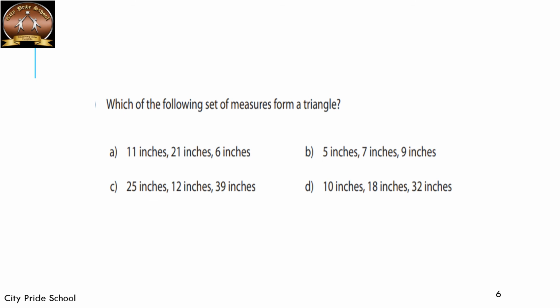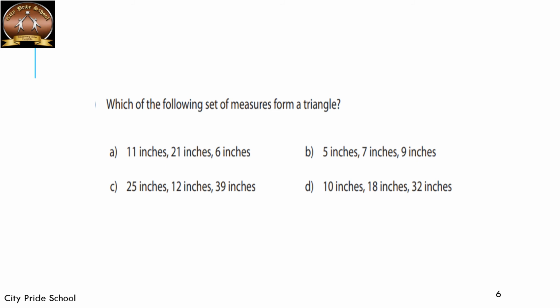This is our first step. In the second step, I'll add the other two sides, that is 21 and 6. So 21 plus 6 is 27, which is again greater than the remaining third side, 11. That is our second step. Then I'll add the first and third sides, 11 and 6. Is 11 plus 6 greater than 21? No, it is smaller than 21. So will it form a triangle? No, it won't form a triangle. Understood?